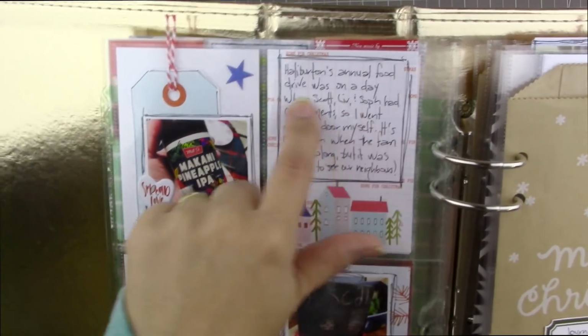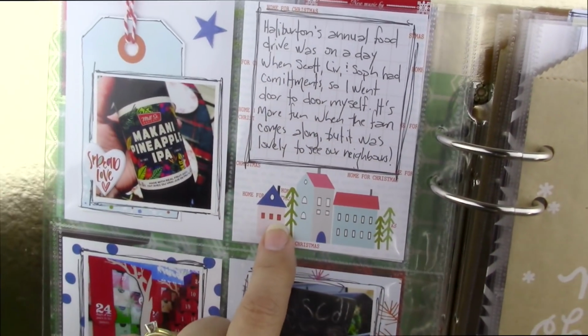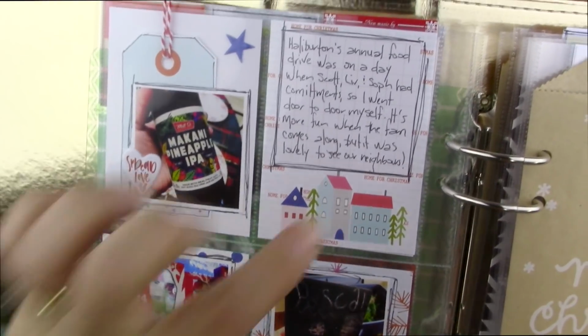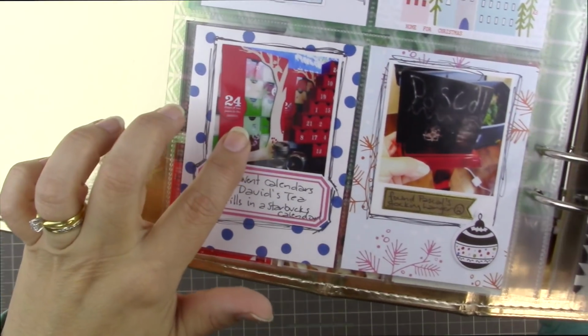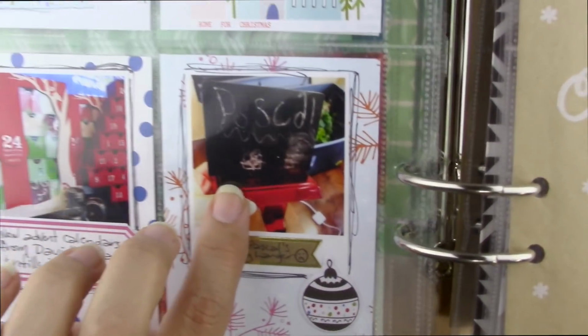This one was a story that I didn't have a photo for, so I just added the journaling right there. And it took place in the neighborhood, so I chose that card right there. And this is a Becky Higgins grid card that I just used to put my journaling on and outlined it. A picture of our advent calendars, and then as we were unpacking our Christmas supplies, I found this, which was